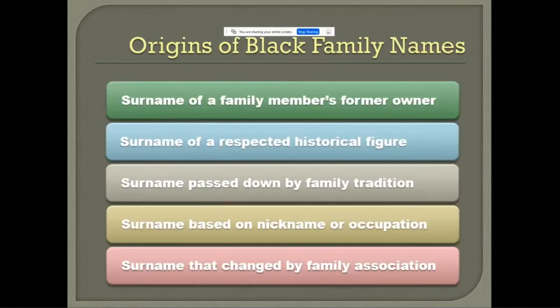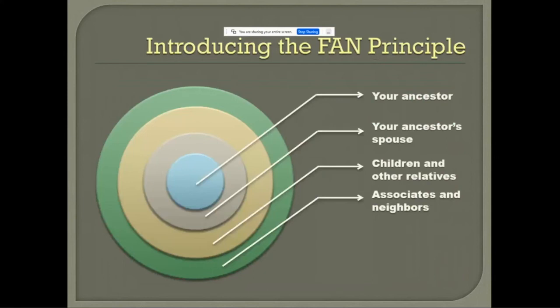Also, be careful because I'm working on a case right now of a woman who was born in slavery. She starts using one name, then she just out of nowhere switches it to another name, and then she doesn't marry the man, but she has a child with the man and starts using his name, and then goes back to her first name. So it took about 2 generations after Emancipation for names to sort of settle down and become regularized. Some of them right away, some of them, who knows? So tracking people can be difficult because names are changing,